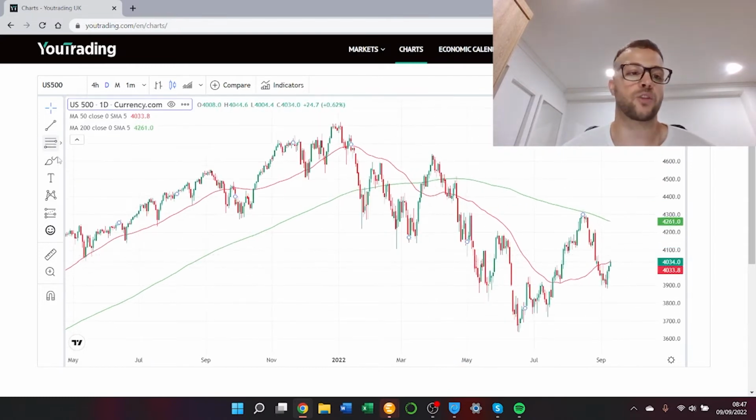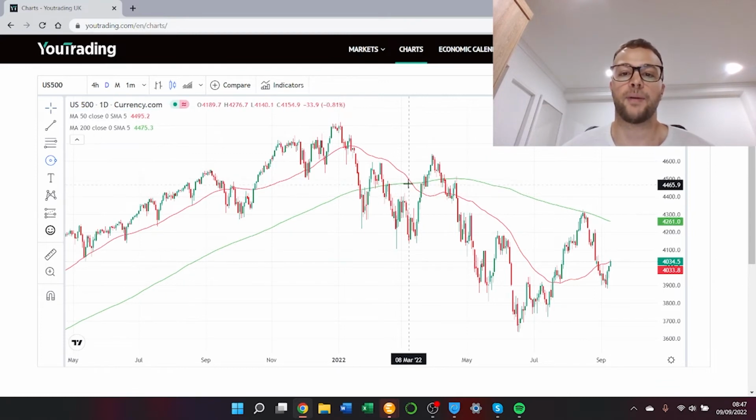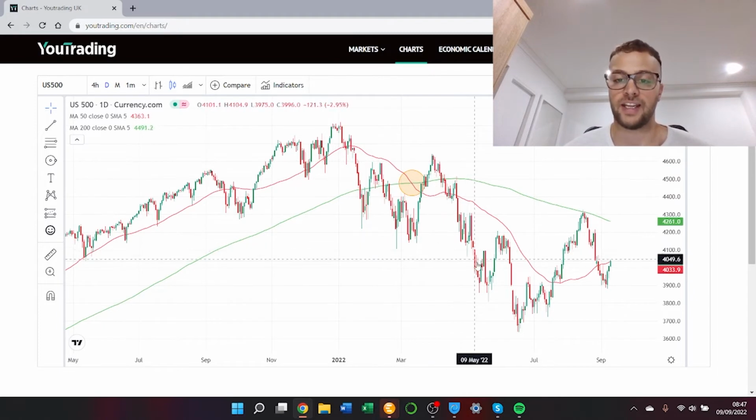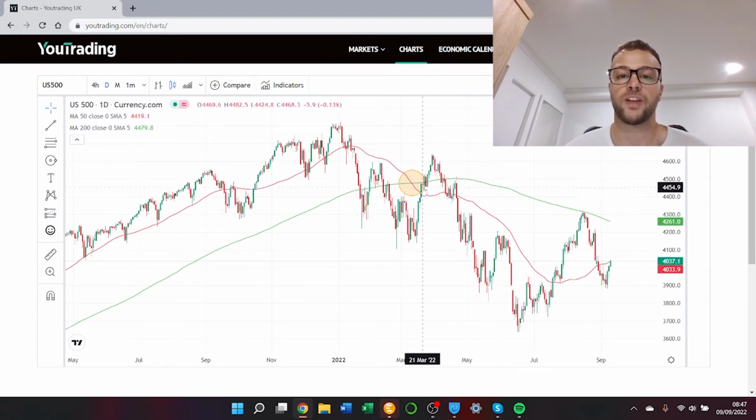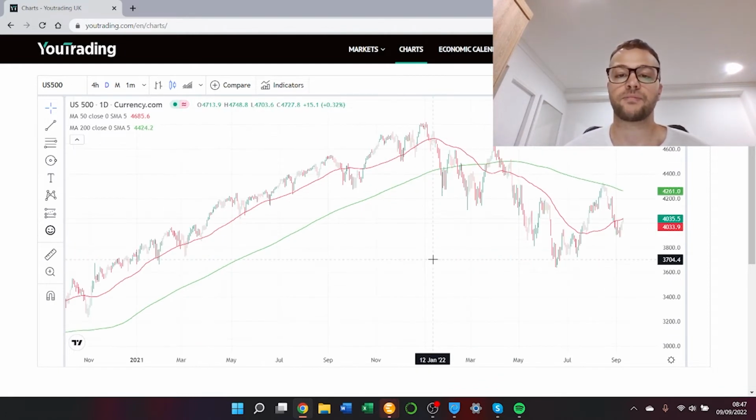You can see there was a death cross earlier this year. There was a pretty good sign at the time that we were in a bear market. Granted, when it happened, we quite quickly saw a market rally, but it was a bear market rally, and then we fell and hit new annual lows and kept pushing lower. So that death cross that we saw earlier this year was a pretty good sign that more volatility, more downside was in store at the time.